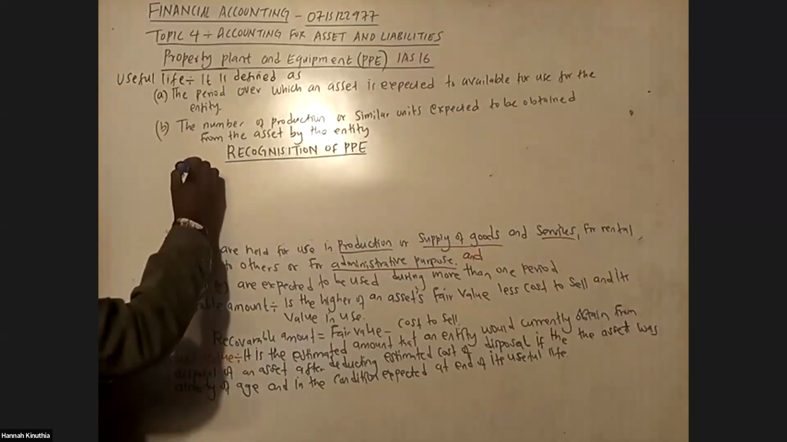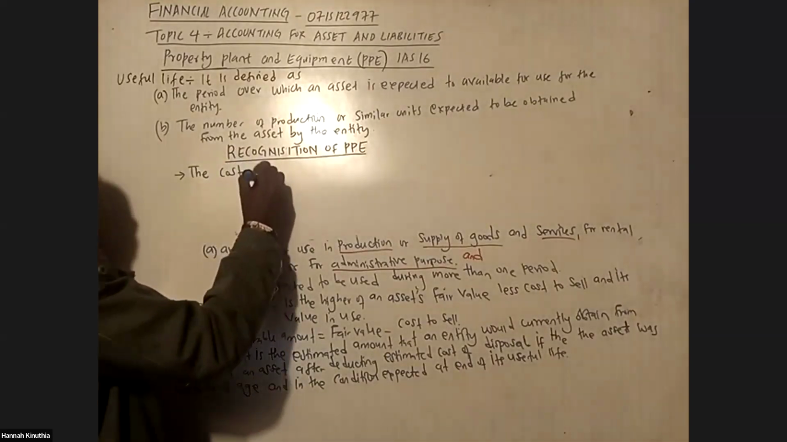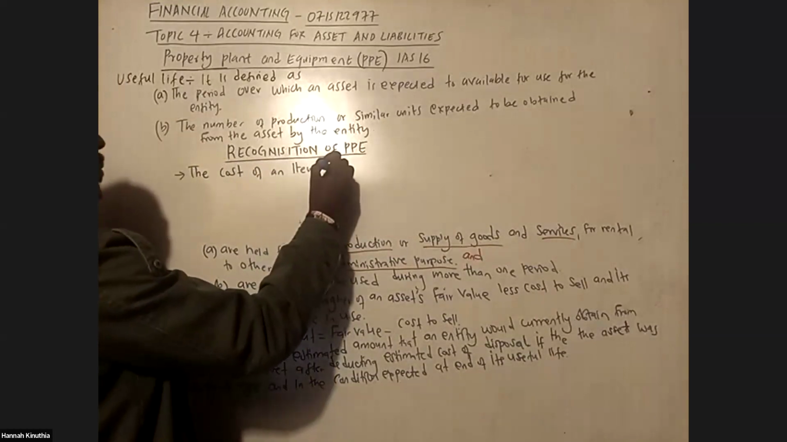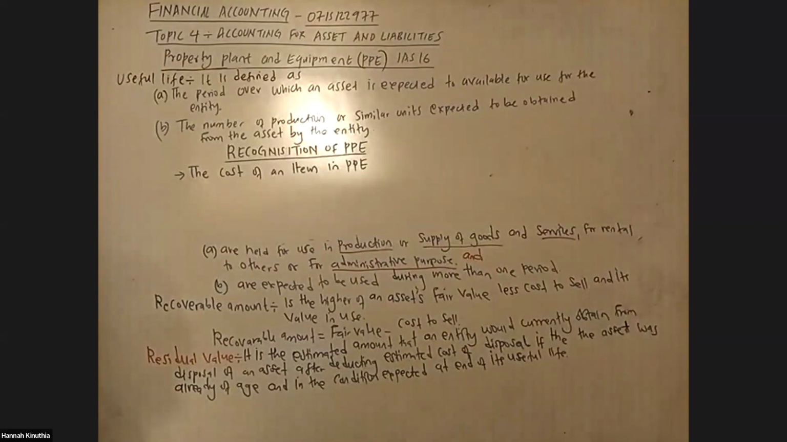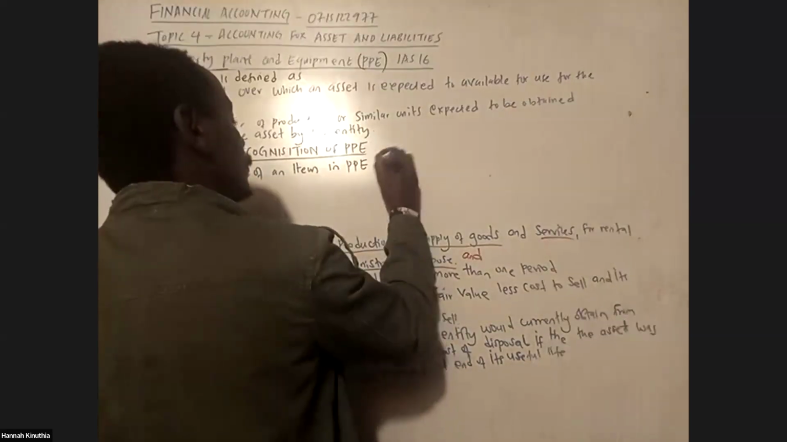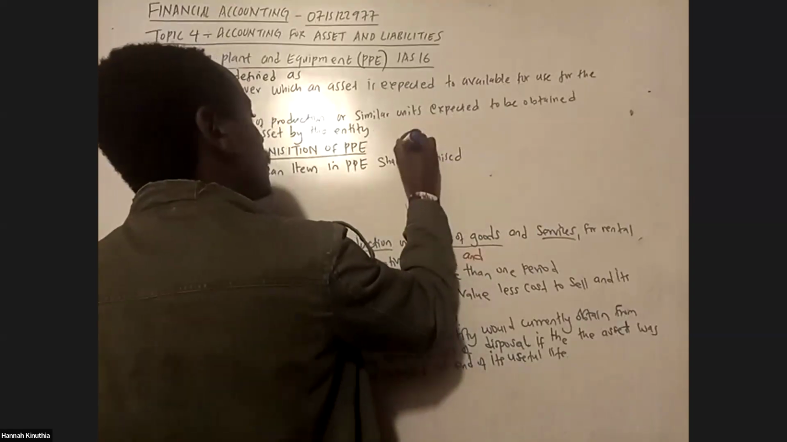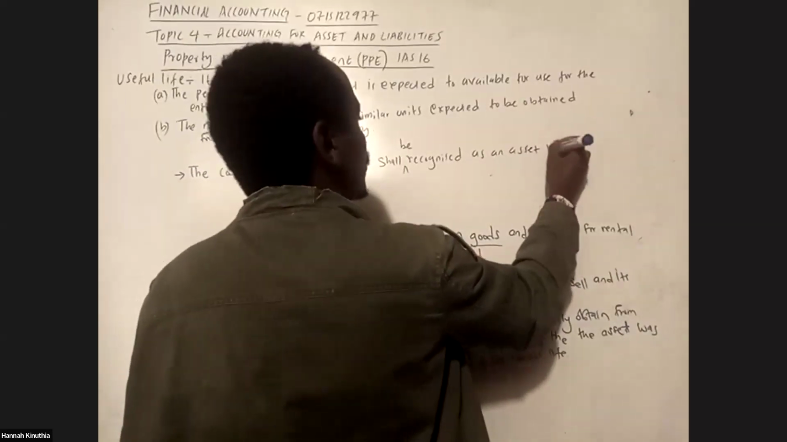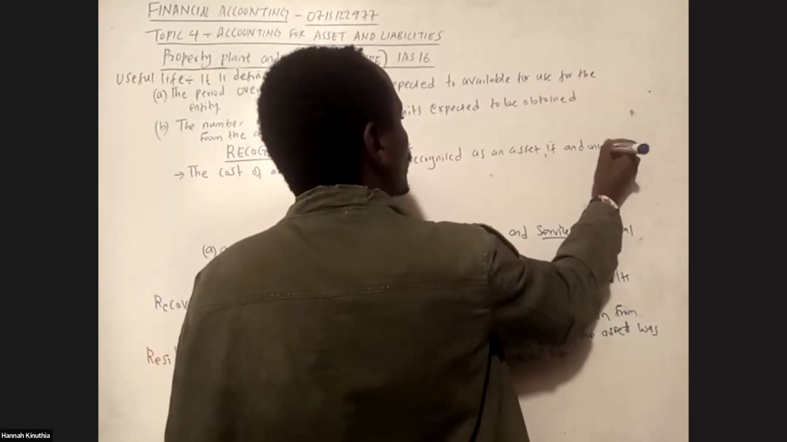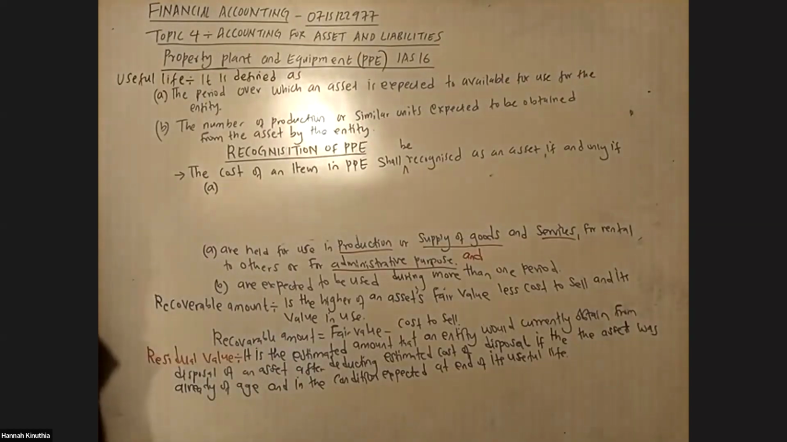So if I say this is the answer: the cost of an item in PPE shall be recognized as an asset if and only if, number one, it is probable that the future economic benefit